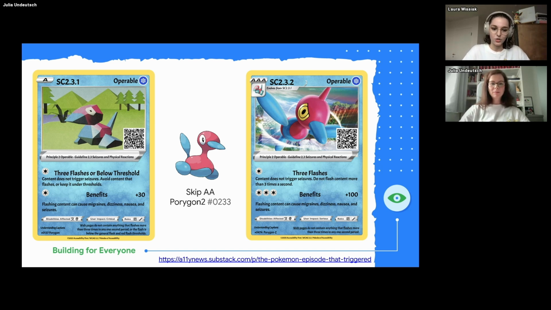There's actually a tool that you can use to check video content, or probably also GIFs, the PEAT tool. I have written about that in the LE News Substack. We've linked that specific article, alongside the background story of why the episode got banned because of triggering so many seizures.